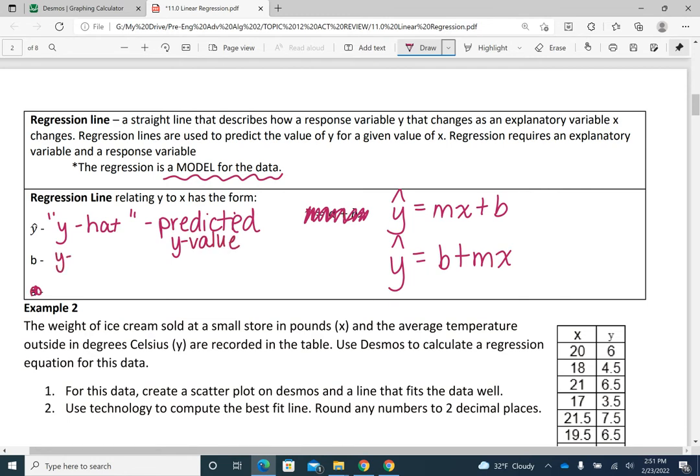The b would be our y-intercept, and the m in this case would be the slope. So now we're going to calculate our own regression line. We can do this with Desmos. And if you've got a copy of these notes,